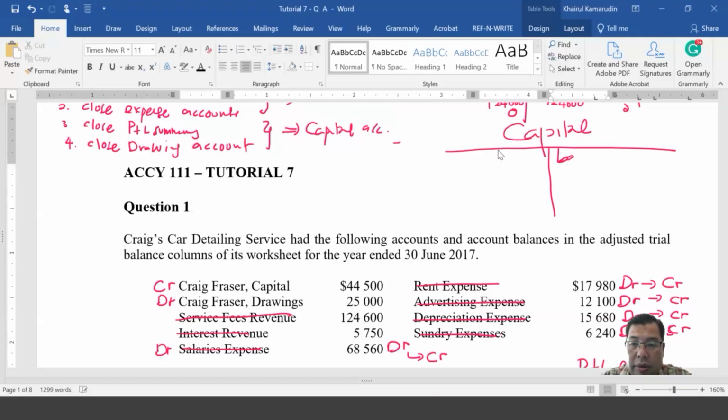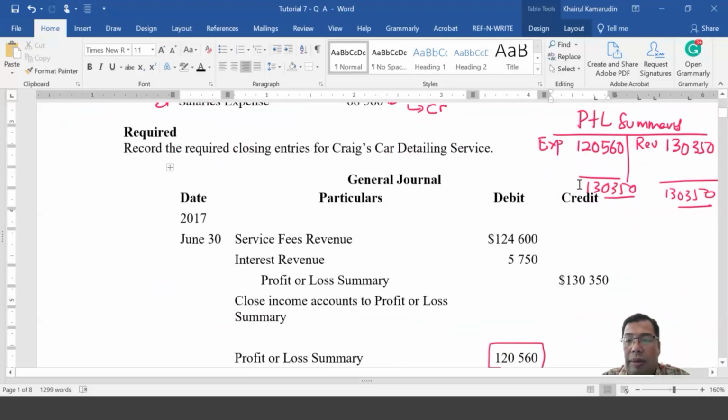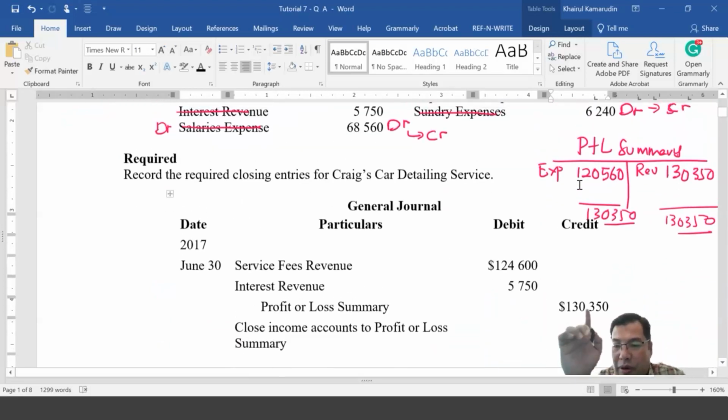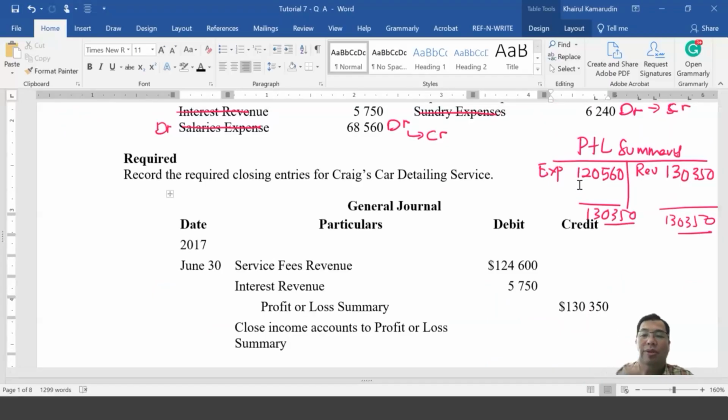Your balance BD is 44,500. Please remember that when you make profit, your capital will increase. So what I'm going to do is close this account to have a